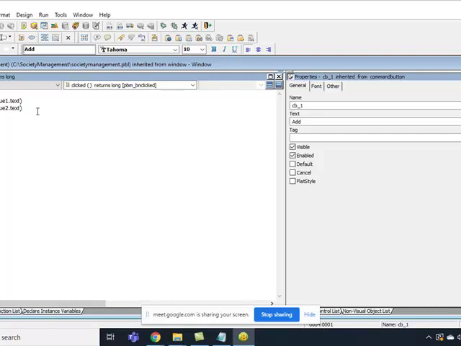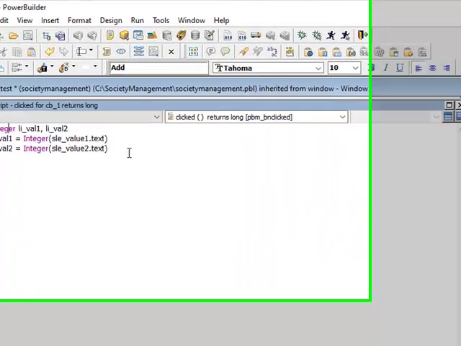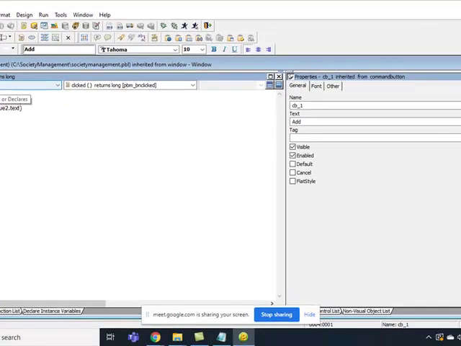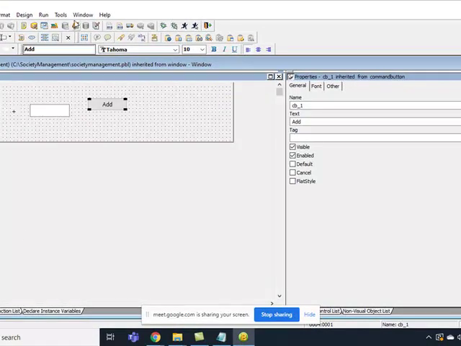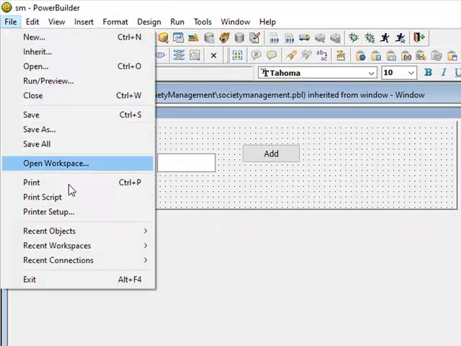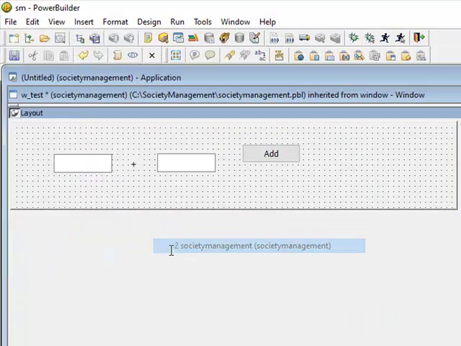And scope means where it can be called. Like if you have defined a variable in the clicked event of this command button, can I use that variable in my application object here?